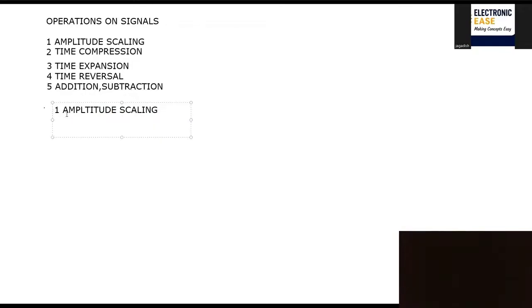So in this, the definition you need to write: it is an operation on a signal where we multiply by some constant to the input signal based on the